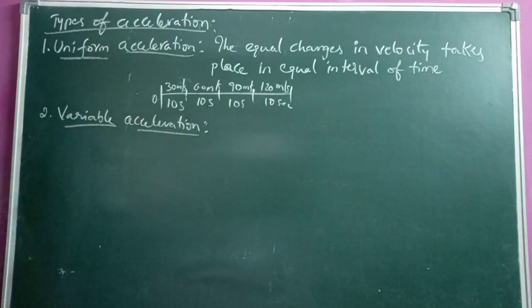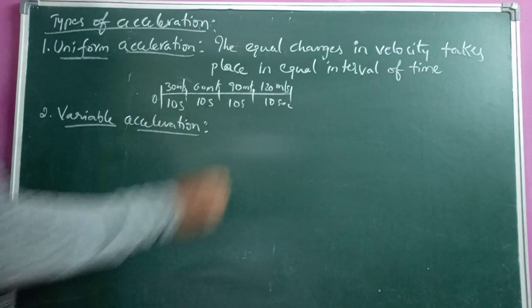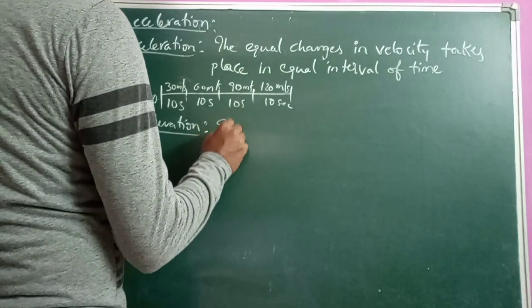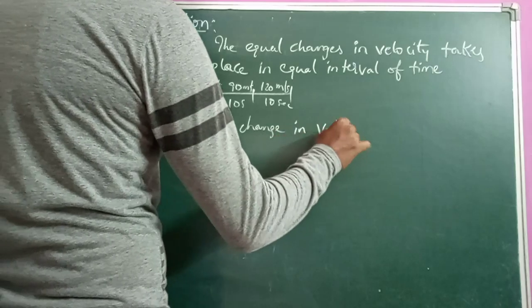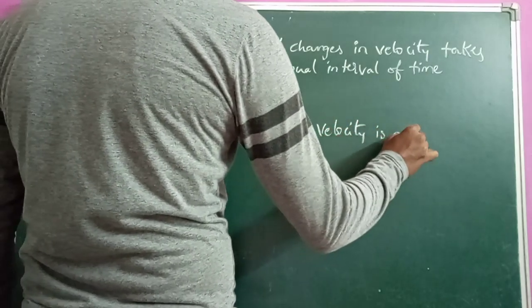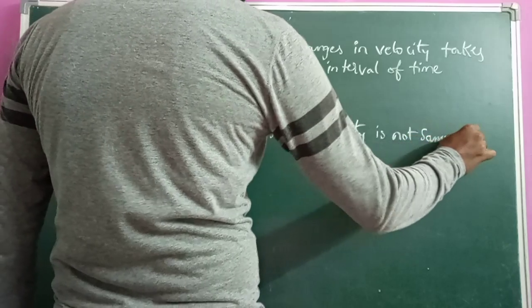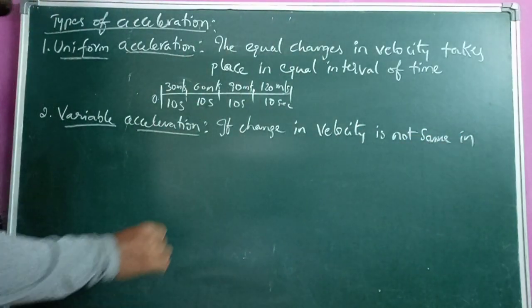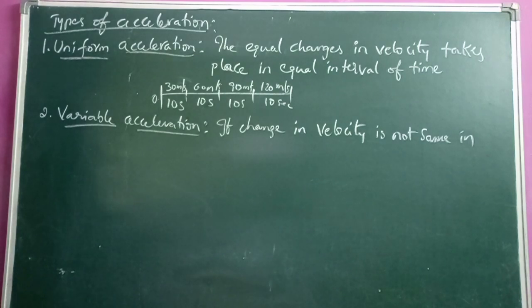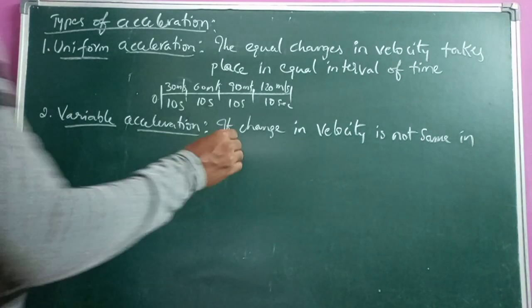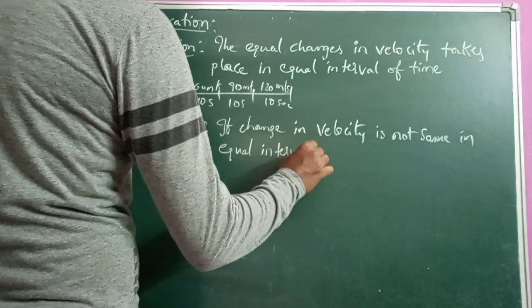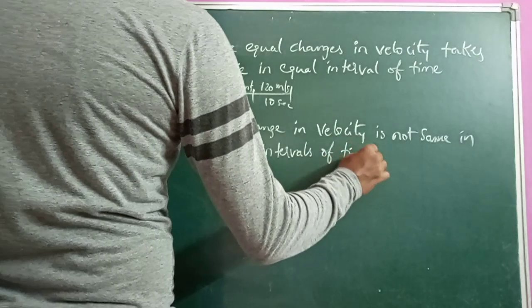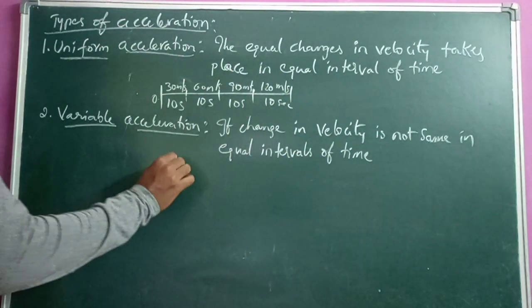Non-uniform acceleration or variable acceleration. If the change in velocity is not the same in equal intervals of time, so if the change in velocity is not uniform, like